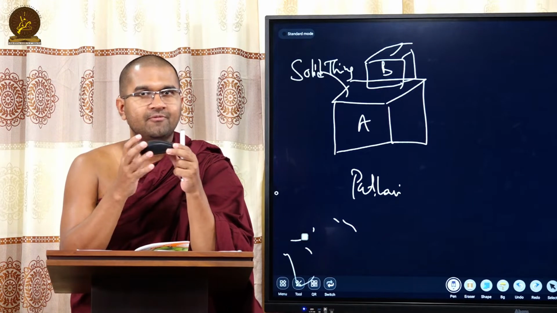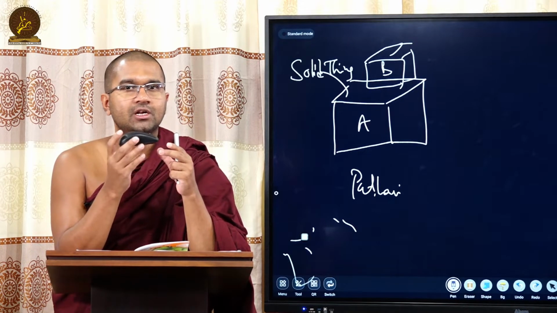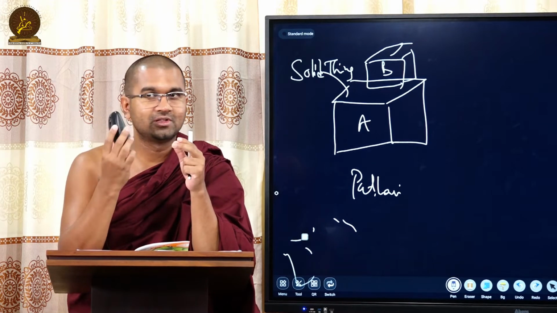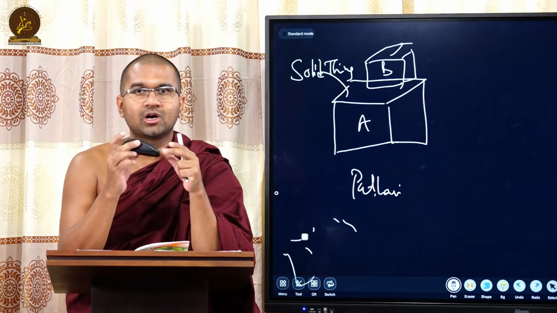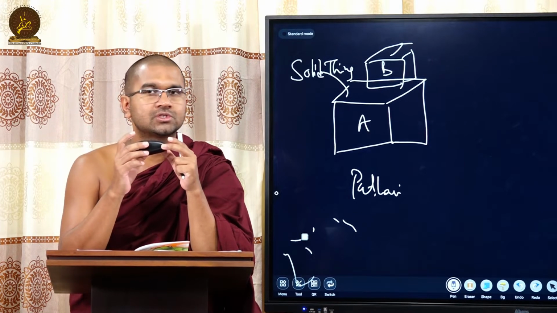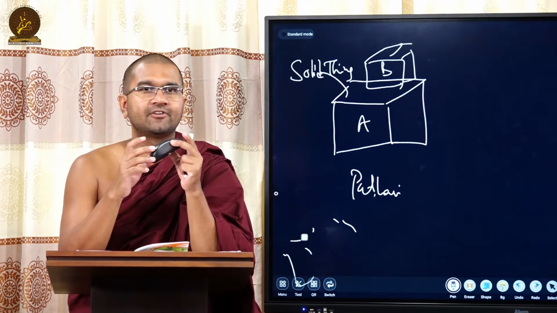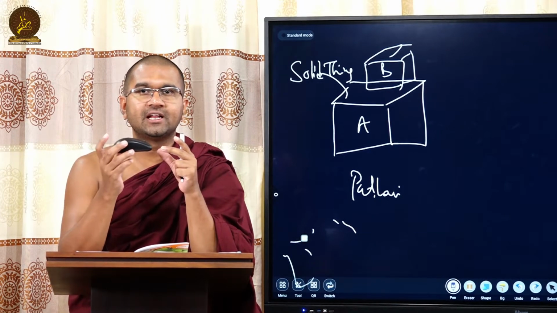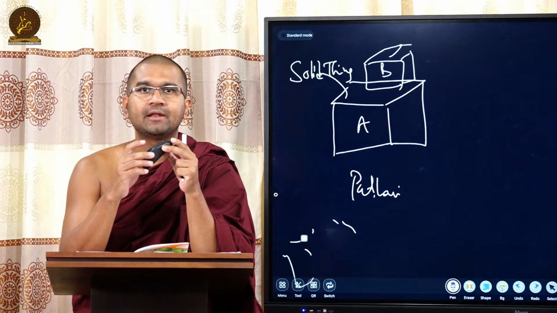So the basic attributes. We are not talking about in detail what it can do. We are not talking about these attributes. If you talk about the very basic attributes of a mouse, these are the physical attributes of a mouse. So these are the physical attributes. The hardness can be felt.